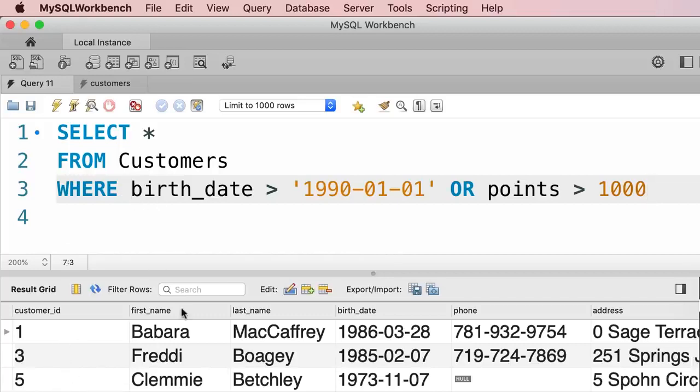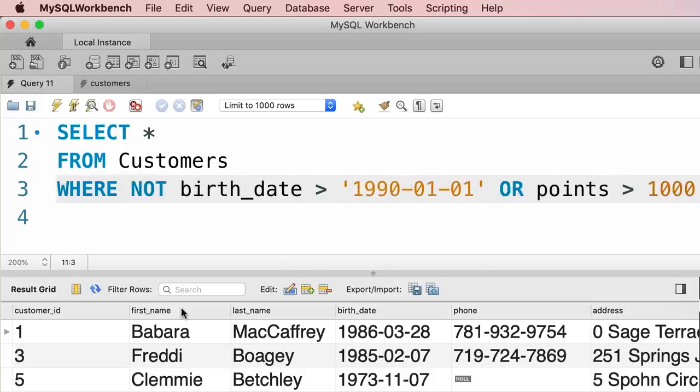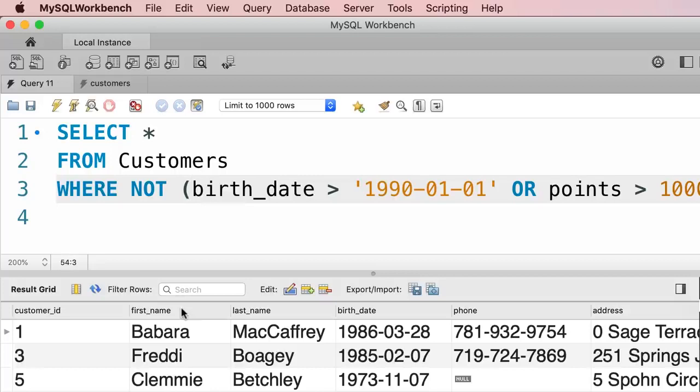Now we can use the NOT operator to negate this condition. So we apply NOT here, and preferably we also put parentheses around this condition. Now when we execute this query, we'll see other customers that are not in the current result set. Let's